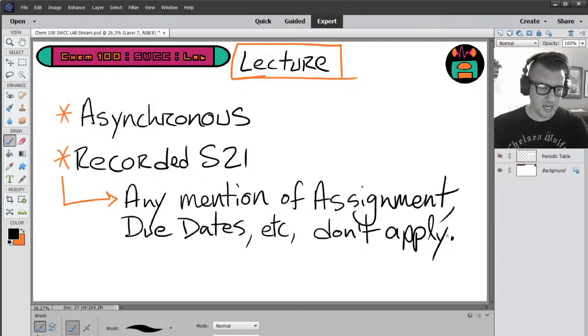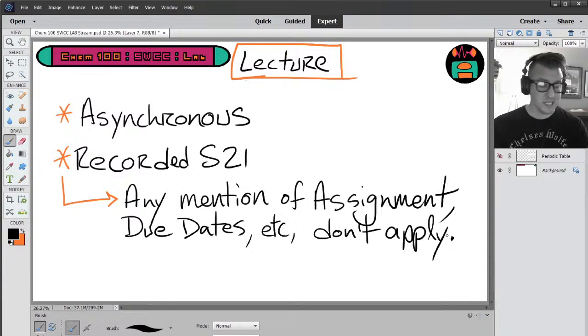Okay. Some of the changes I've made to the class this semester are for the better. Some of them are for the worse. No, I haven't consciously made any changes for the worse. But for example, last semester I had to change some things around because I ended up getting COVID, and so that kind of threw things